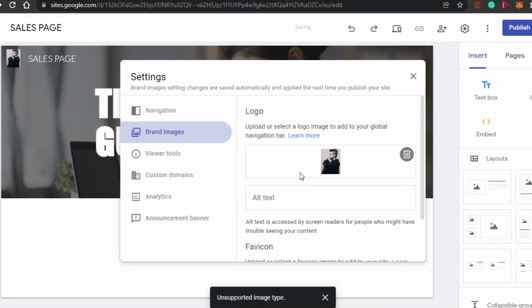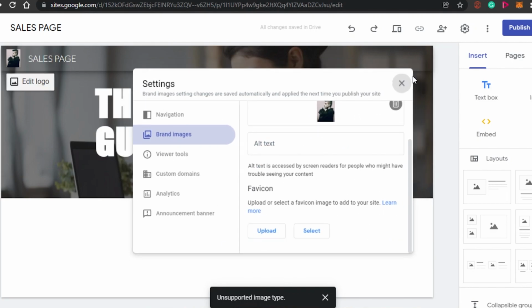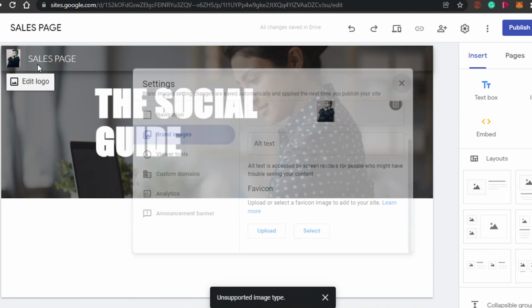Okay, so as a logo, I have Mr. Robot for some reason, just very randomly. You will simply add your logo right here. You can add the alt text right here, which is going to be good for your SEO. Once you have uploaded everything, you will simply cross it from here, and you can see right here that this is the logo, and this is the name, which is called the sales